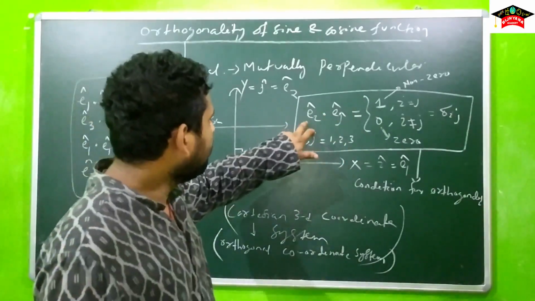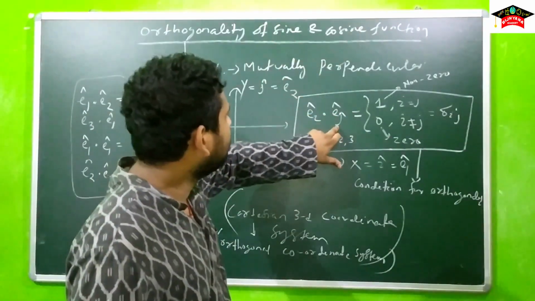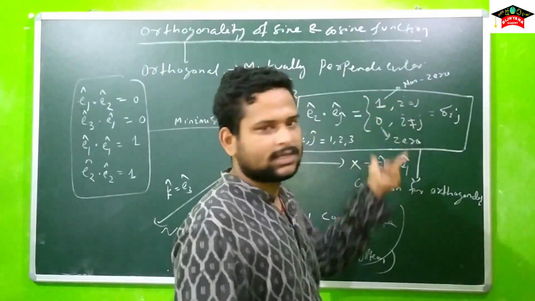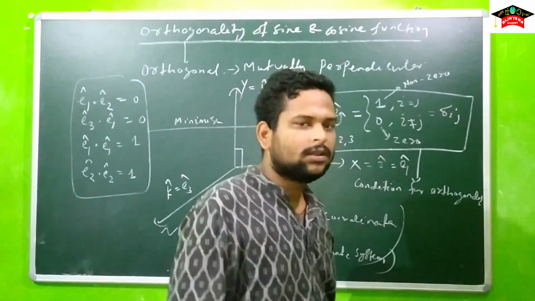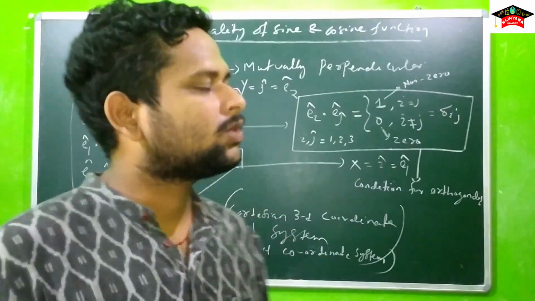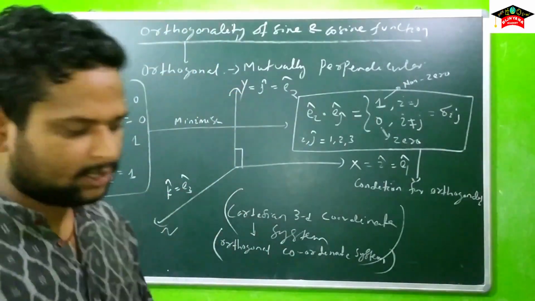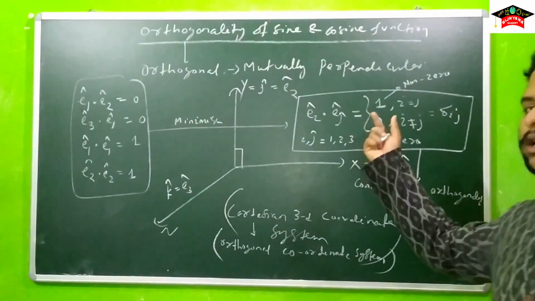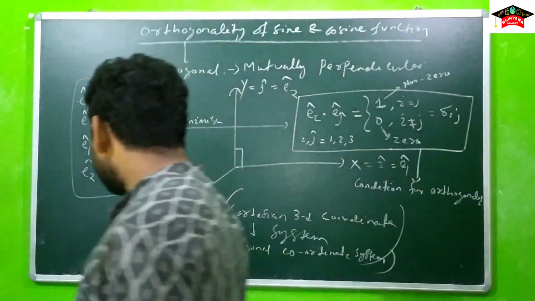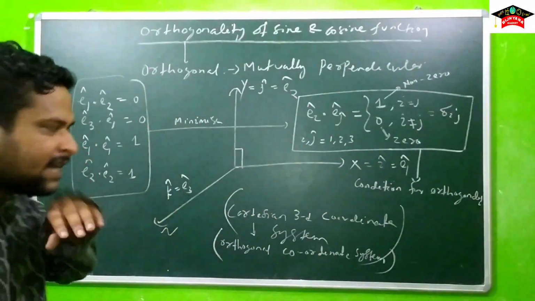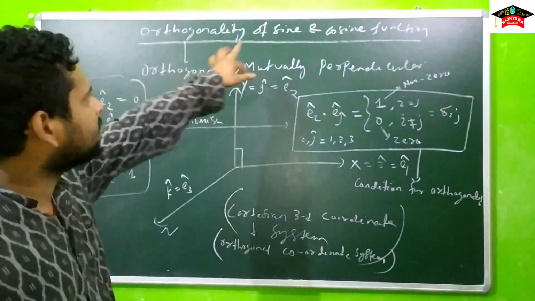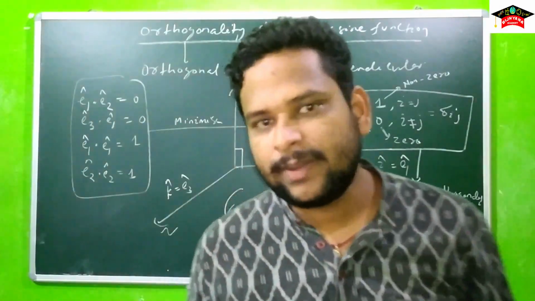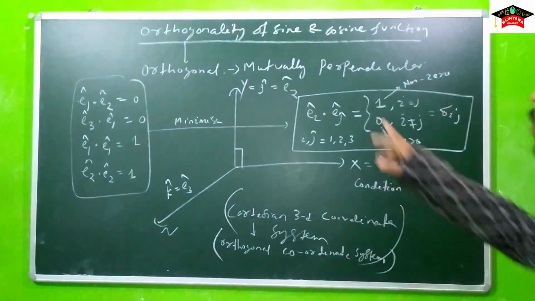Similarly, if we replace e_i with sin x and e_j with cos x, and if that also satisfies an equation like this, or an equation in the form of a delta function, then we can similarly say that sine and cosine have an orthogonality relation, and the relation is equivalent to that of the orthogonal curvilinear coordinates. So this section is important because it has a direct relevance to the orthogonality of sine and cosine. If you understand this section, or this orthogonality condition on unit vectors, then you can easily understand the orthogonality of